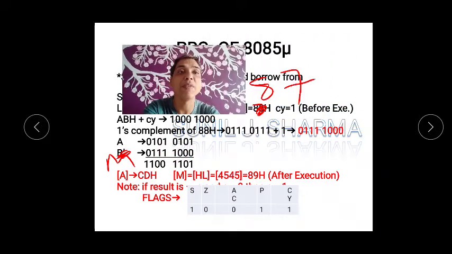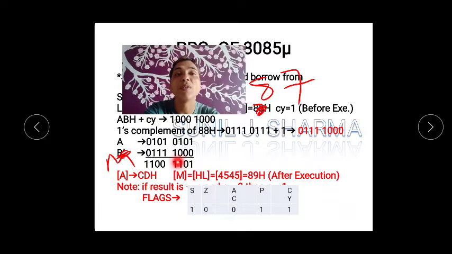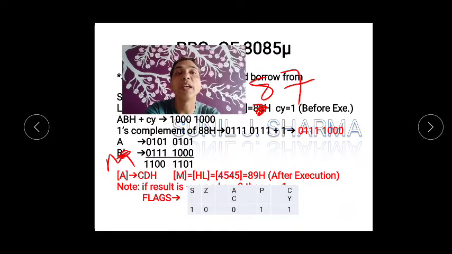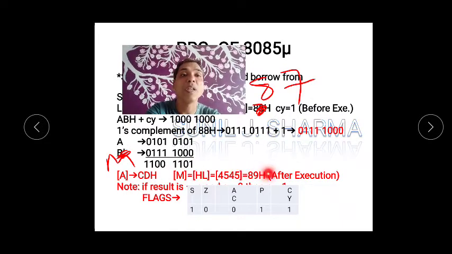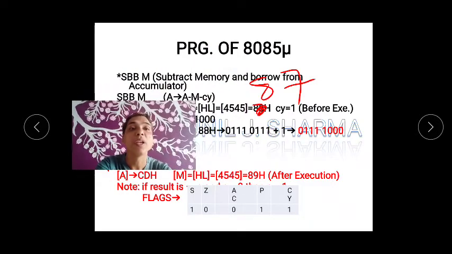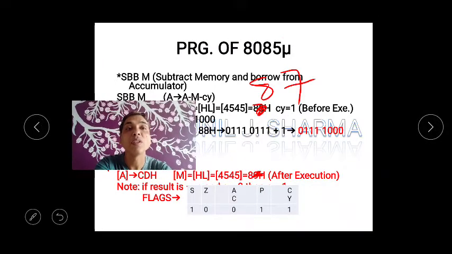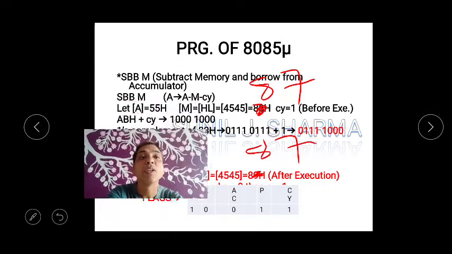Now after this, when we add up, this is 2's complement of 88, because the value of M is 87 and carry is 1, so we have to add up. Now can you see 1 0 1 1, so no auxiliary carry. 1 plus 1 is 0, carry 1; 1 plus 1 is 0, carry 1; 1 plus 1 is 1. Okay, and this one has to be written here. So answer is CD. And memory, that has to be wrong. This has to be 87 only, because we cannot change this.